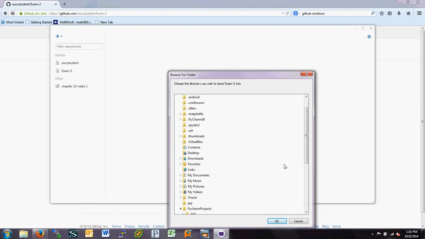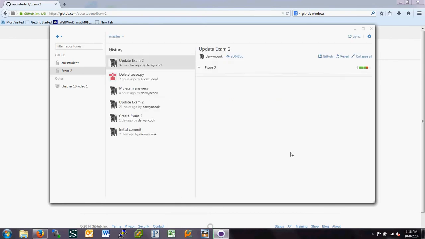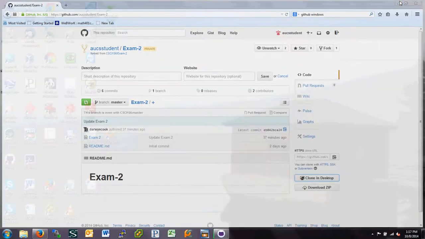And now it's going to ask me where I want to put it, and again, by default, that's going to go into ThinkPython, which is fine. That's exactly where I want it to go. So now it's making a copy of exam 2 to your local copy on GitHub. Okay, so it's showing the exam 2 here, so this is the code for exam 2. And now that we have a copy of that, and hopefully in the right place, we can go in and make some changes